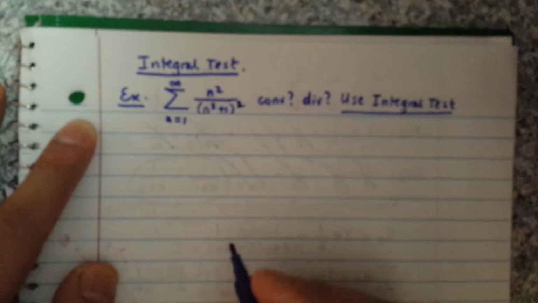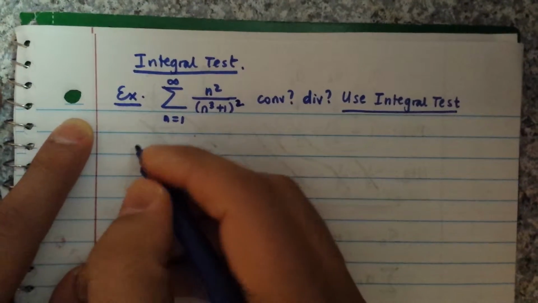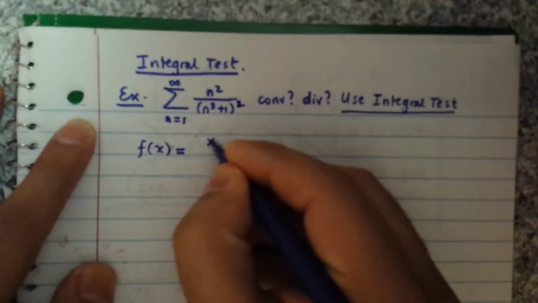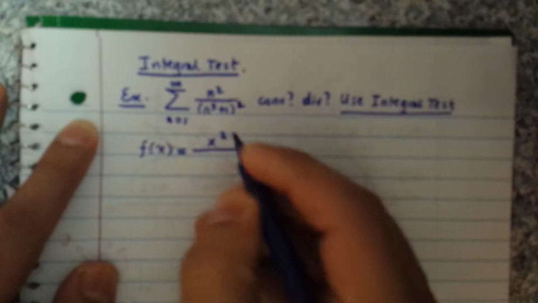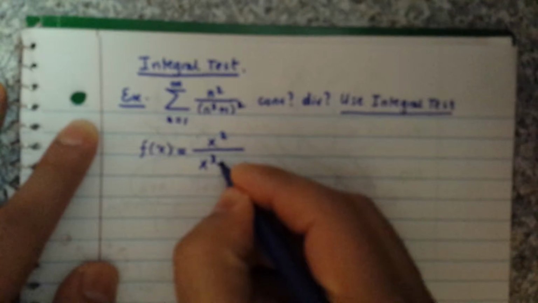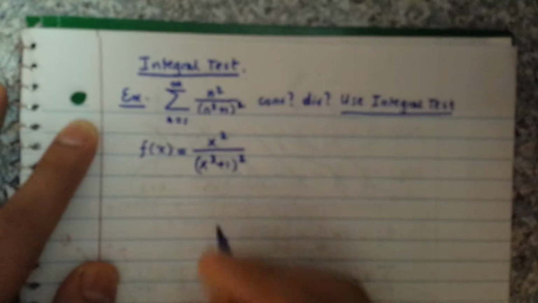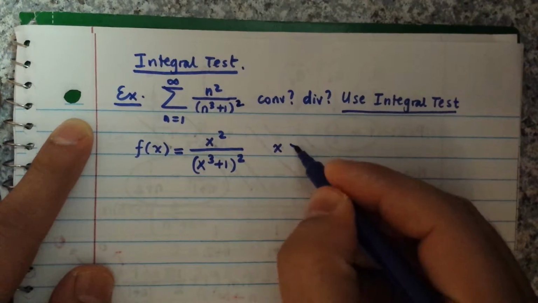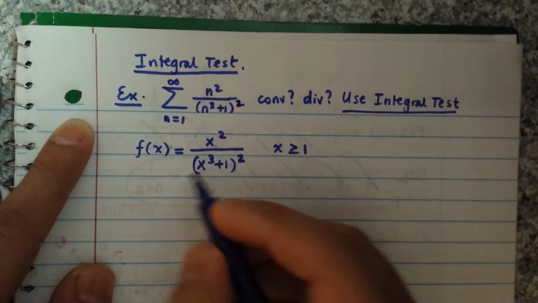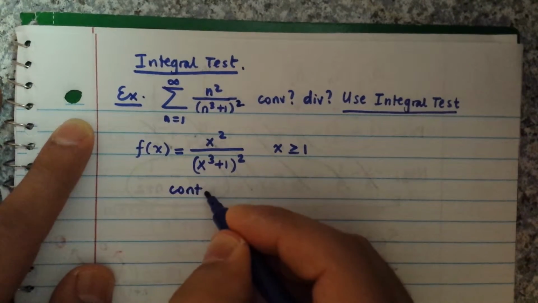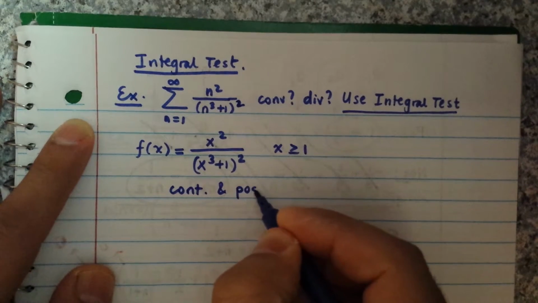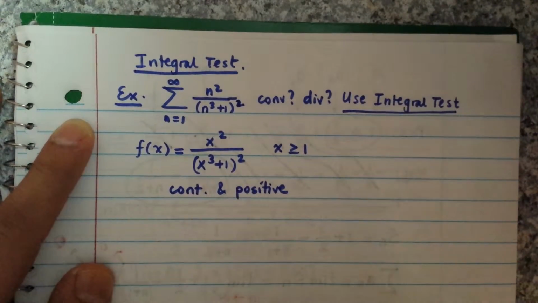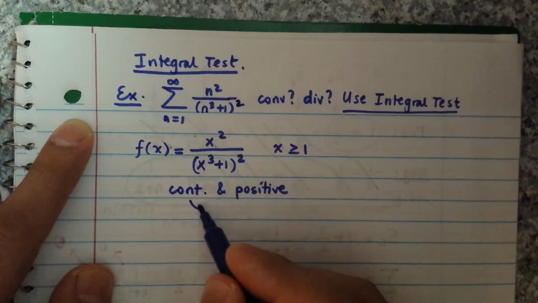So the first thing that you do is write down your function f of x, which is x squared divided by (x cubed plus 1) squared. And as you see, x values are larger than or equal to 1, so you can see this is clearly continuous and positive. For positiveness, x values are larger than 1, but for continuity you can see